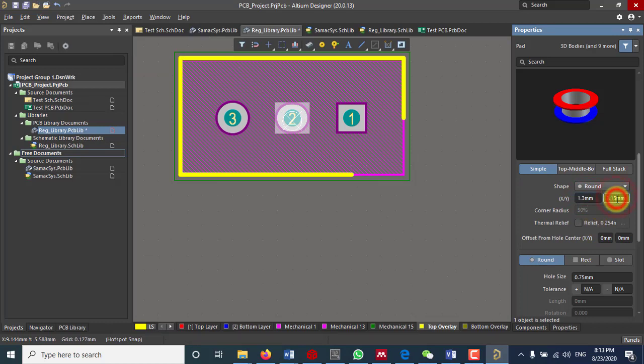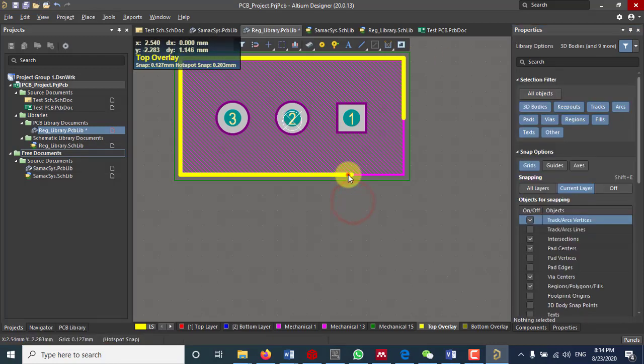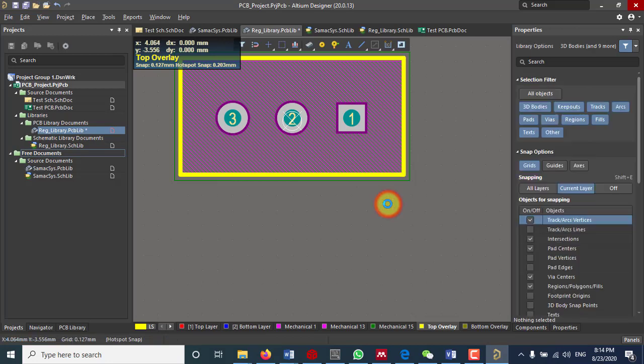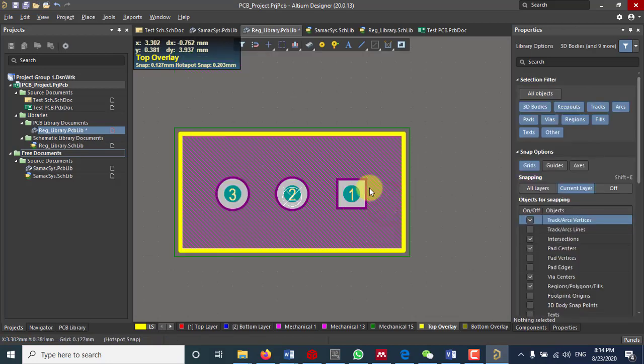So you can edit these footprints when you import them to your existing libraries, and I can close them like this. Right. So that's much better,